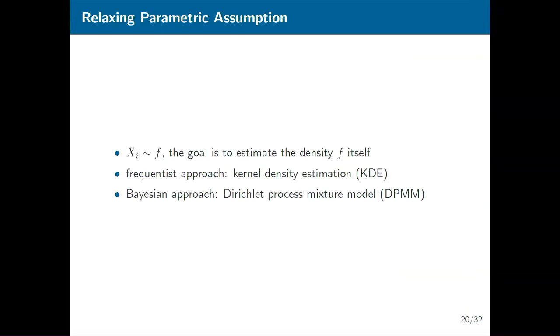The next thing that we try to do is to address the second and perhaps more challenging criticism, which is to relax the parametric assumptions on the critical gap distributions. So in essence, instead of estimating the finite-dimensional phi, you want to estimate the distribution itself. The frequentist approach to nonparametric density estimation is something called the kernel density estimate, which all of you have probably used at some point. The Bayesian approach, at least one way to do it that I saw on YouTube, is with the Dirichlet process mixture model.